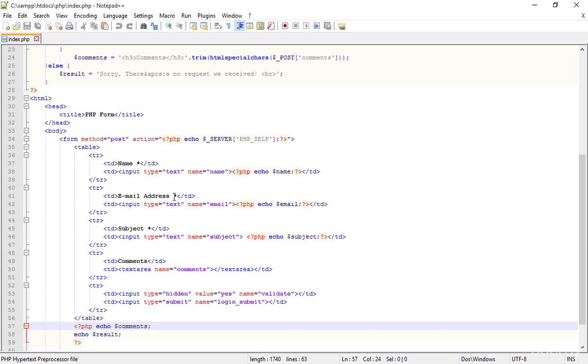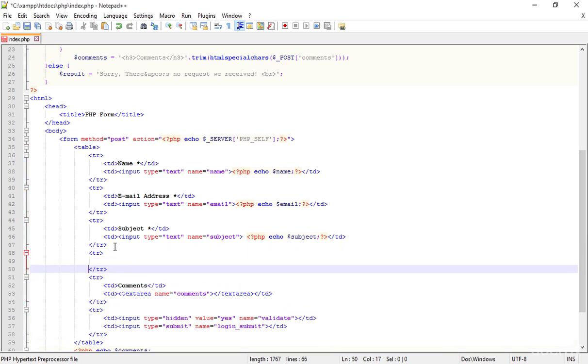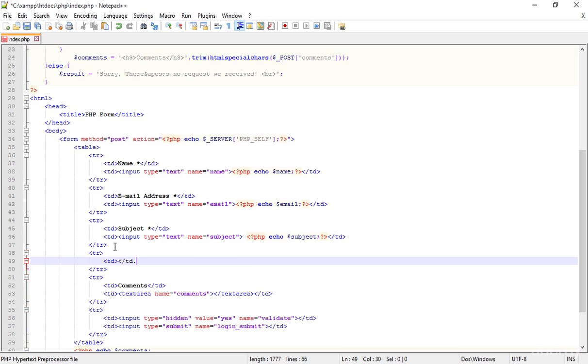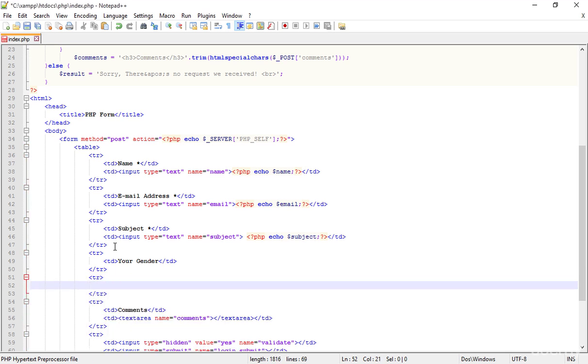For example, if I just put after the subject, I'm just adding another row here. Inside these TDs, in the first TD I'm just typing your gender, your sex, you're a male or you're a female. So let's just mention here, in the next line I'm just adding a TD. And how to get this information? There are a lot of ways. For example, you can just simply type